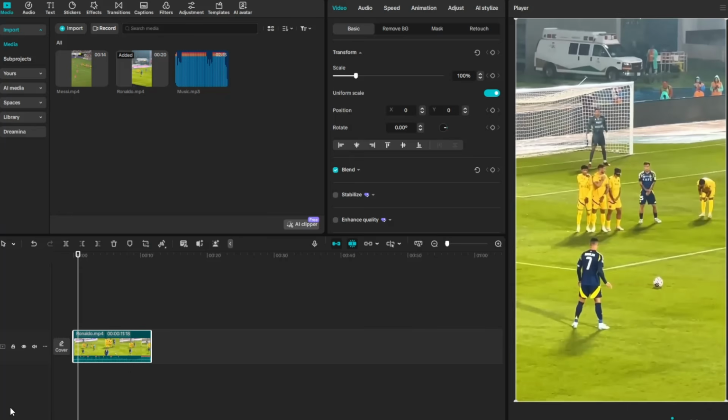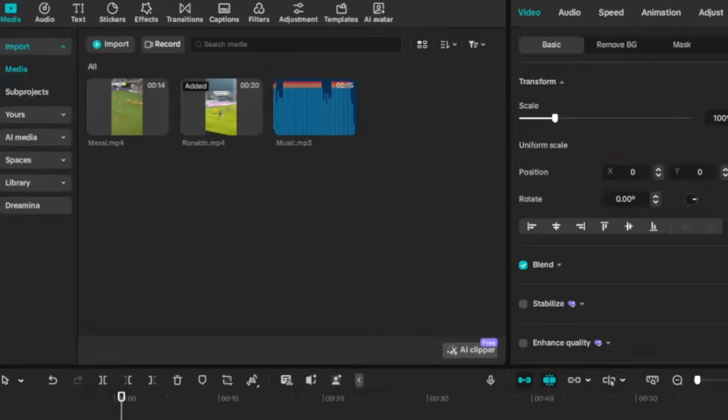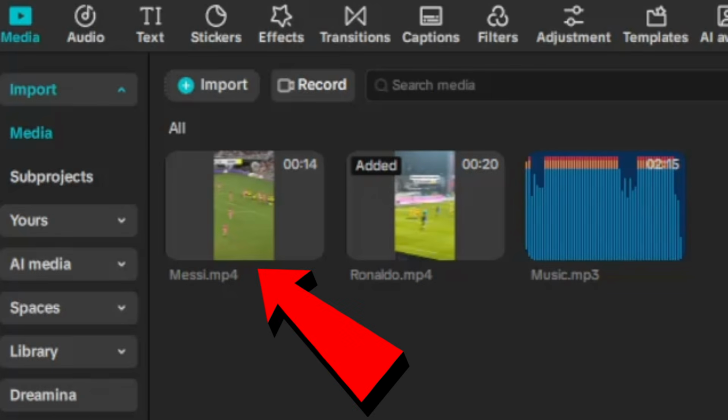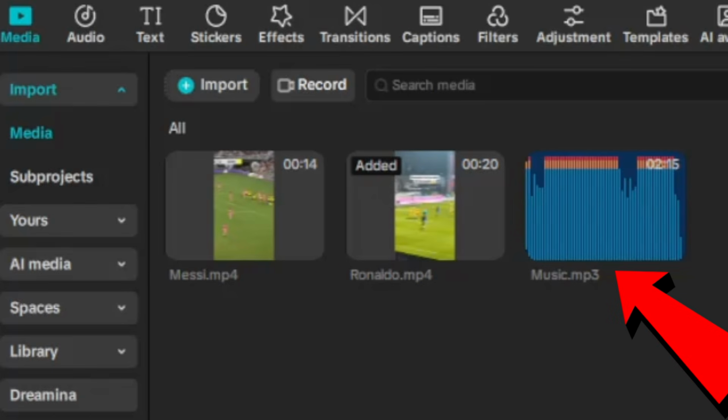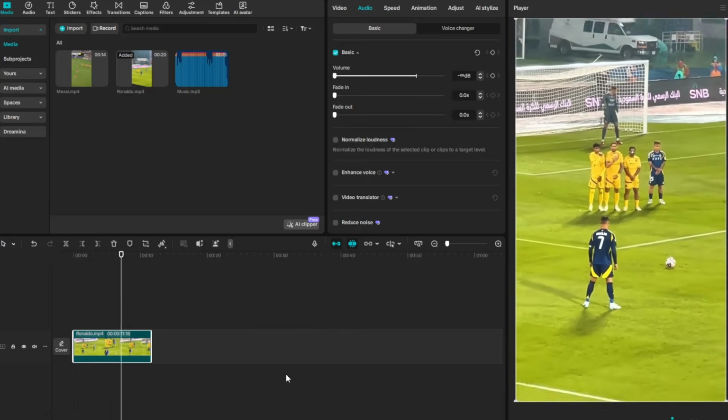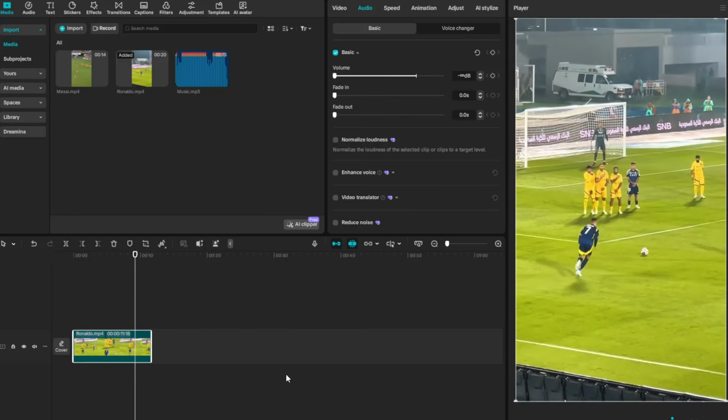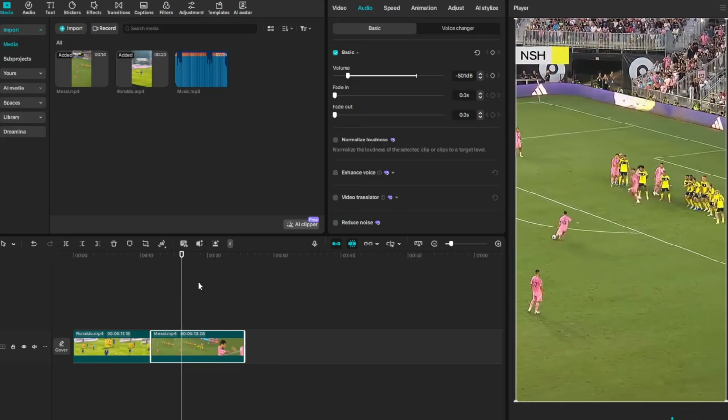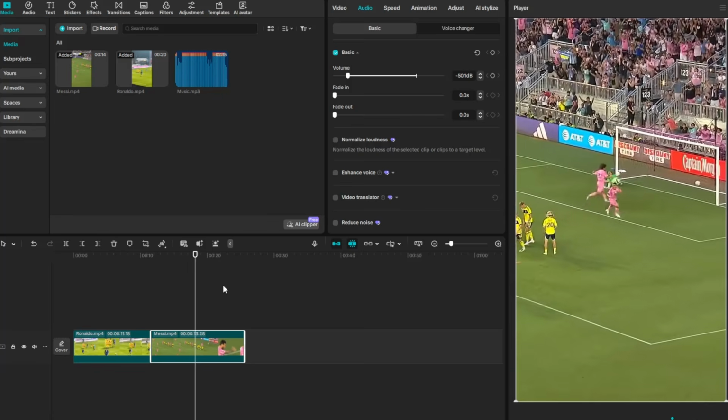The process is very easy. I showed a Messi channel and a Ronaldo channel earlier, and you guys saw the views. They are absolutely insane. So I thought, why not compare the two with free kicks so we can maximize the views for ourselves as well. So you will see in the library, we got our Messi clip, our Ronaldo clip, and a music track. So we got the Ronaldo clip first. So it's Ronaldo taking a free kick and he absolutely moons it. And then we have the Messi clip. You guys can see where we're taking this.